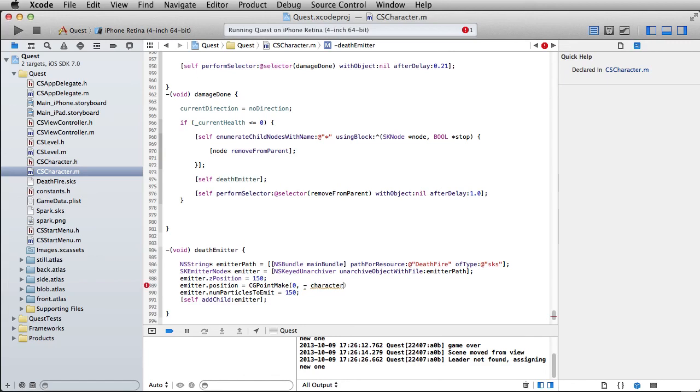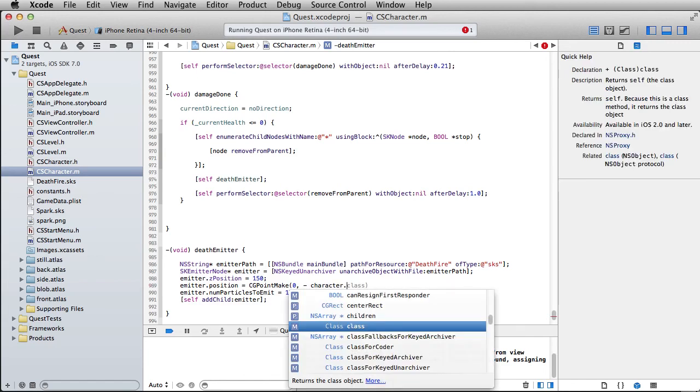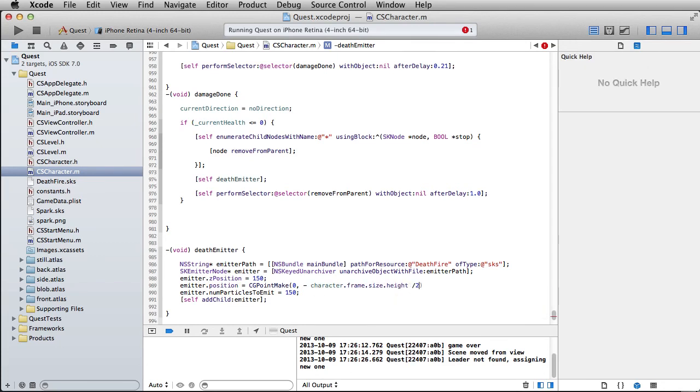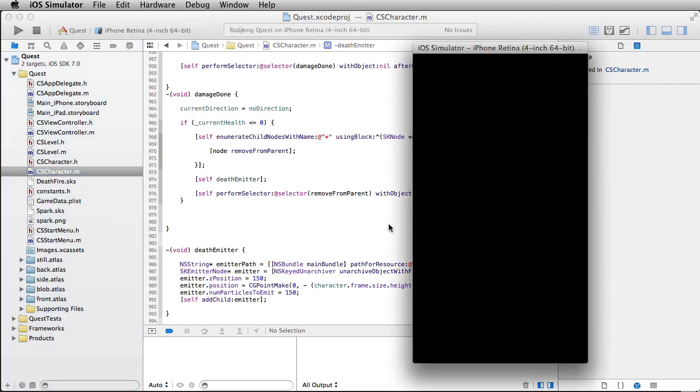So negative character dot frame dot size dot height divided by 2. So if we make all that a negative number, let's just put these in parentheses. Then it'll make the starting point of the emitter at the bottom of the character, which should look a little